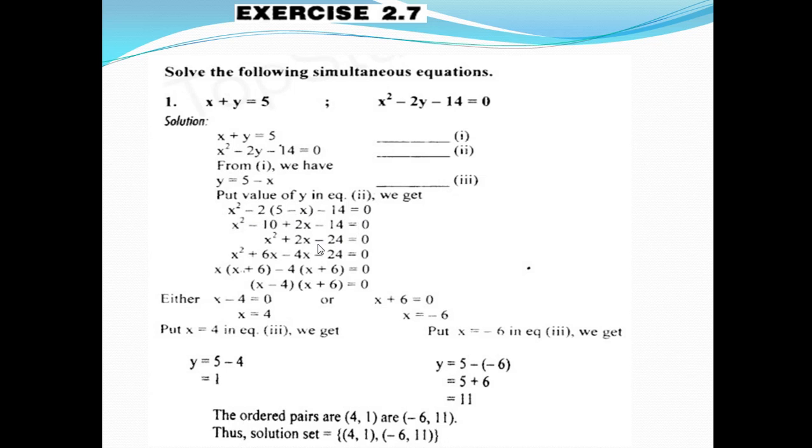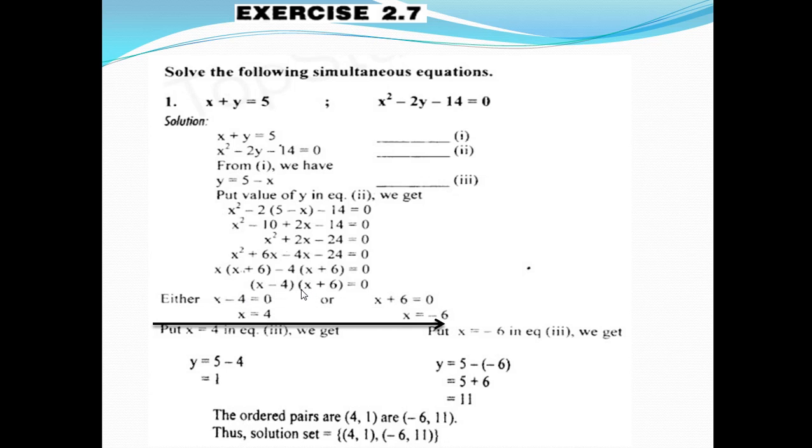As a procedure, solve by simplification, then get x square plus 2x minus 24 is equal to 0. This is a standard quadratic equation, solved by the factorization method, the middle term break method. 6x minus 4x is equal to 2x. x square plus 6x is the first pair and minus 4x minus 24 is the second pair. Then after simplification, x minus 4 and x plus 6 is equal to 0. x minus 4 is equal to 0 and x plus 6 is equal to 0.